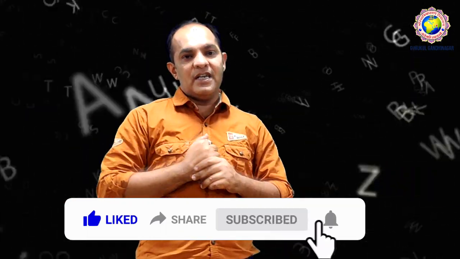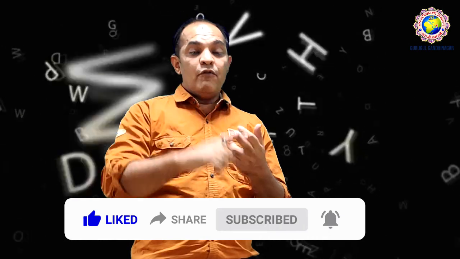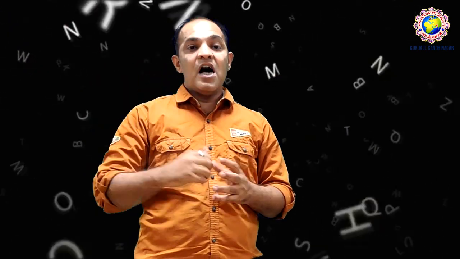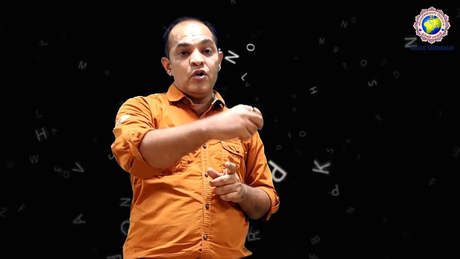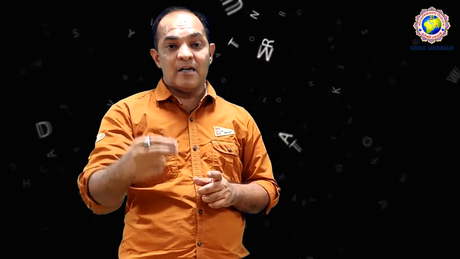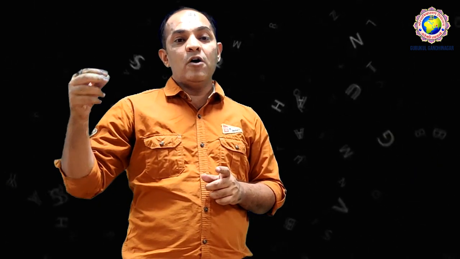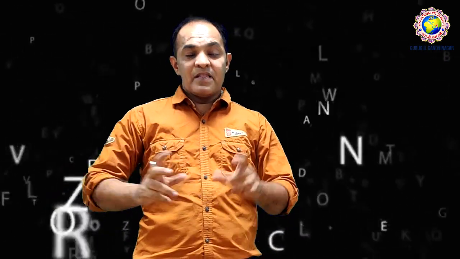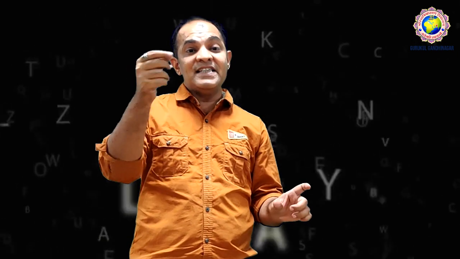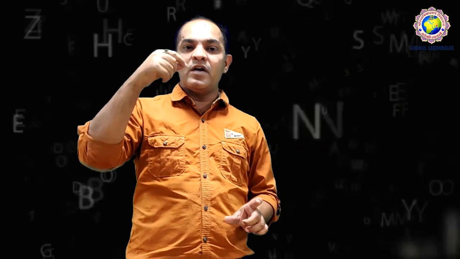Now the last formation, WH, the rest of the WH, that means where, when, why. How to convert it? In active voice, the formation of WH is like this: WH, after that do, does, after that subject, then verb, then object, other words, question mark. This is the formation of active voice. While in passive voice, the formation changes. The WH remains the same, but after that, instead of do, does, you have to write down am, is, are. Then instead of subject, you have to write down object. The verb should be in the past participle, by subject, other words, question mark.